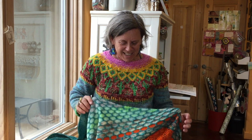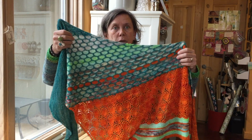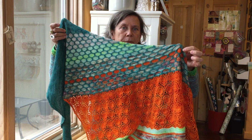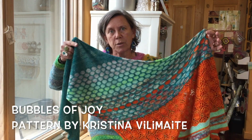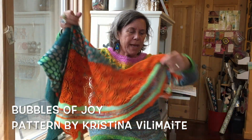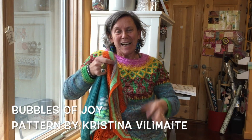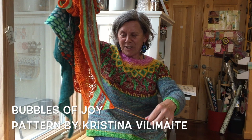I want to get this episode filmed while my lighting lasts, and you can probably see that it's getting darker and darker. But I wanted to mention I have four colors and 4 blocks of honeycomb stripes per color plus 1. My size is a little bit larger compared to the model on Ravelry, Bubbles of Joy. I also did not make any bubbles at the edge. I'm bubble lazy, but I'm probably gonna make myself a pom-pom of my leftover yarns and attach that to one